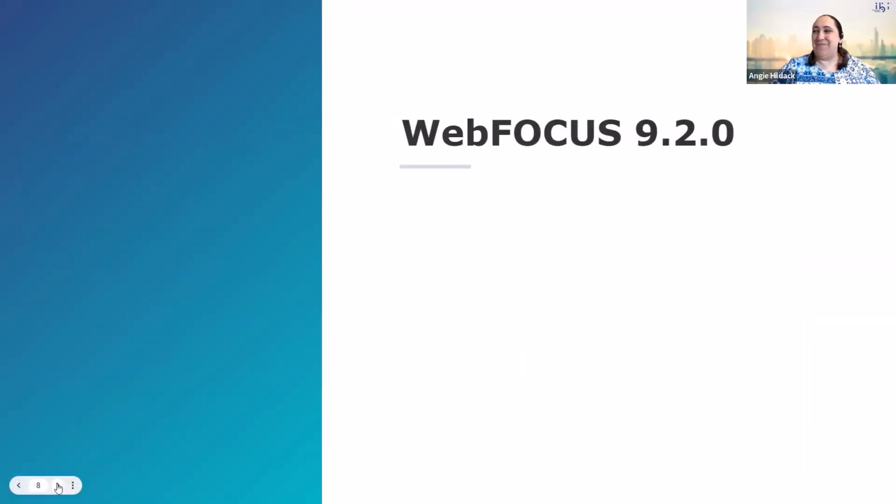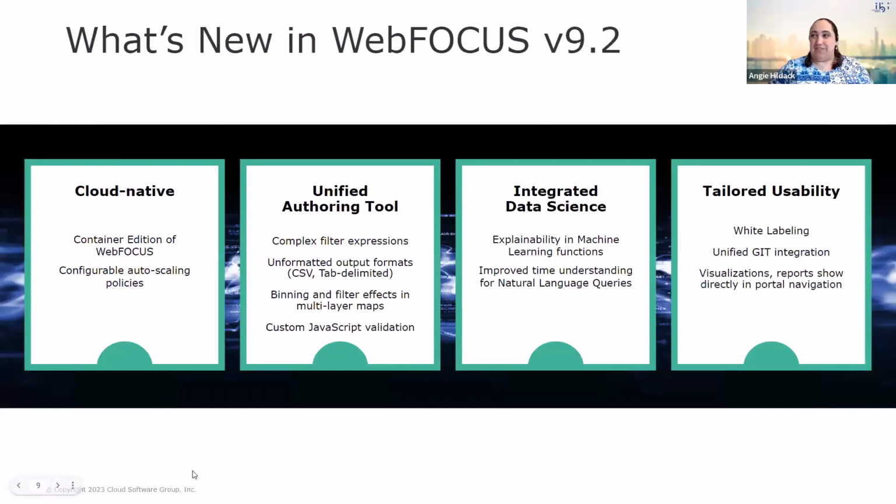All right, so let's talk about 9.2 specifically then. So I talked about those 4 main themes, and here's a list of the actual features that those translate to. I've talked about some of them already. The Cloud Container Edition of WebFOCUS has configurable auto scaling with it. So there was a question that came in, do we already allow for auto scaling, or is it on the roadmap? So with the container edition itself, the container edition will auto scale, and it's configurable as well,